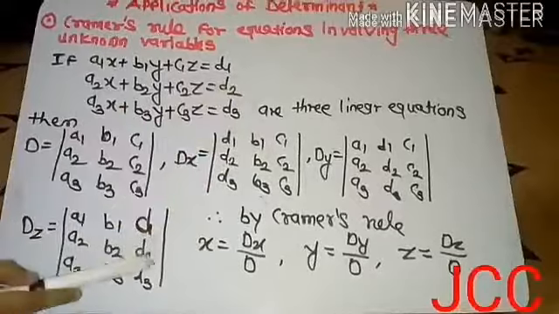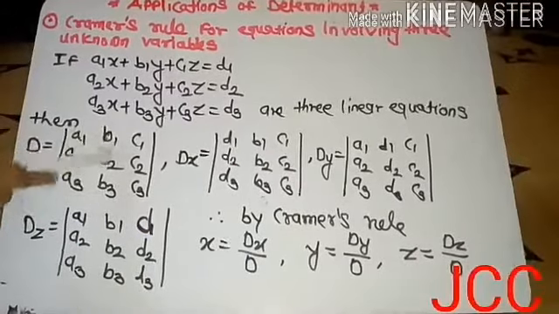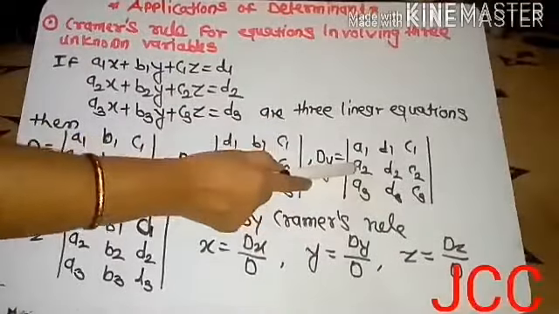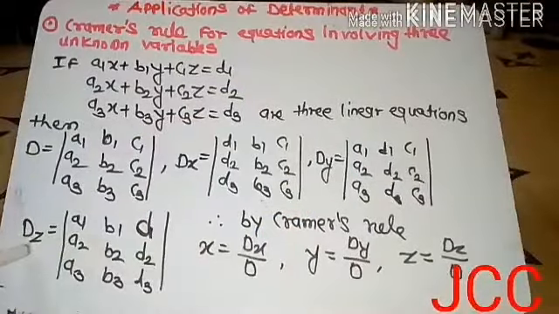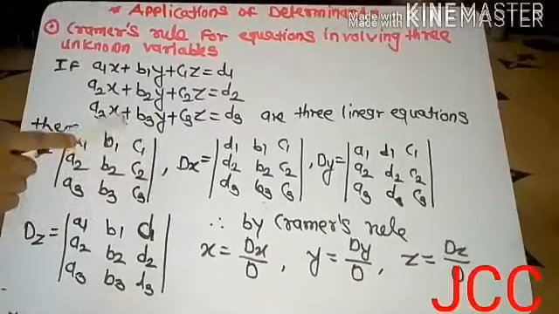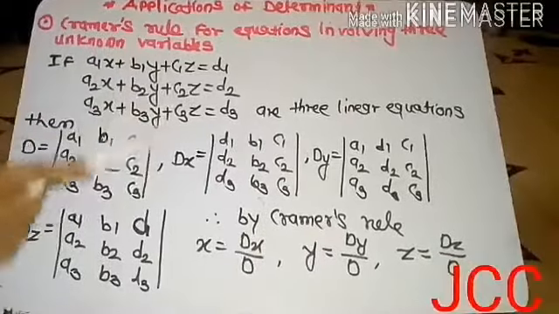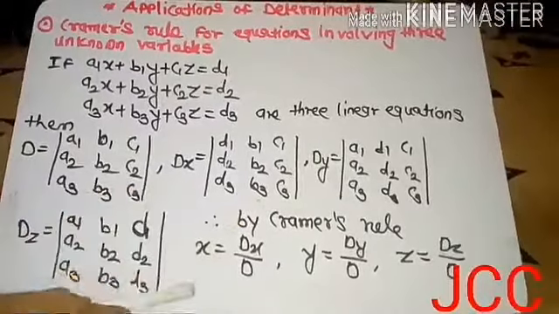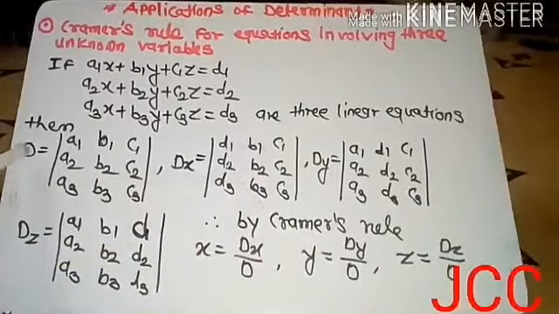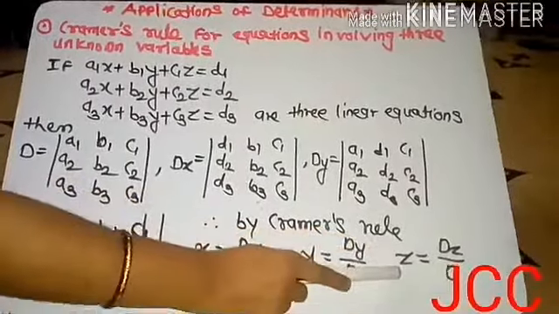Then solve this determinant. Then to solve Dy, similarly to Dx, we replace the coefficients of y from D. In place of them we write the right side elements d1, d2, d3, and the first and third columns as they are. And then Dz: to solve Dz we replace the coefficients of z from D. In place of them we write d1, d2, d3 and solve. After finding all these four determinants we write Cramer's rule, that is, to find x we have Dx upon D. म्हणजे इथे Dx च्या आन्सरला डिवाइडेड बाय D घ्यायचं आहे, we get x. Dy upon D we get y, and Dz upon D we get z.